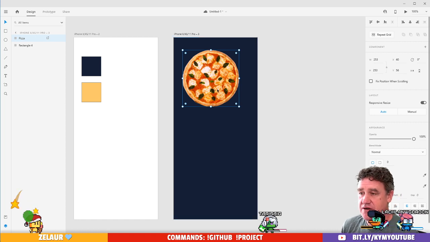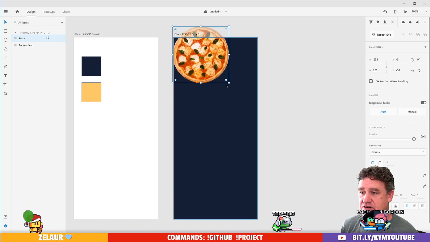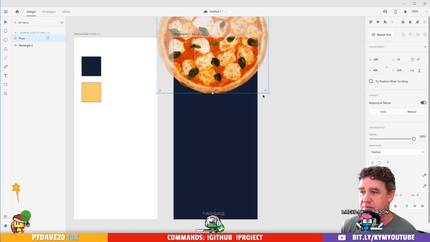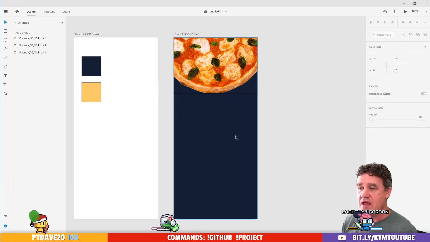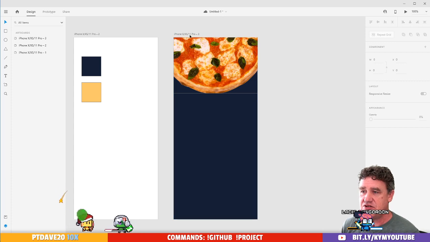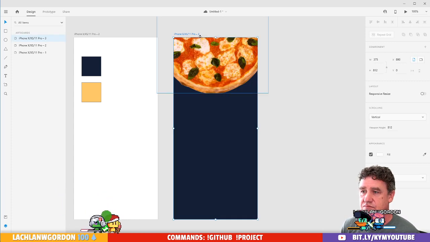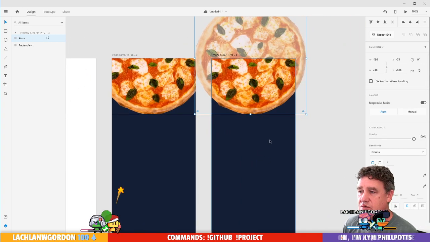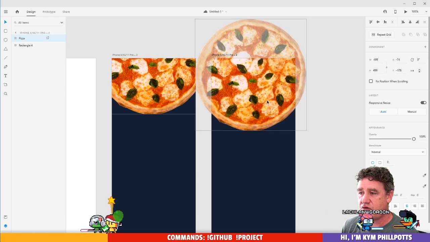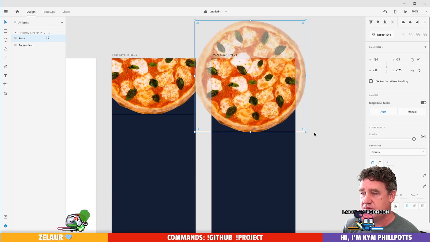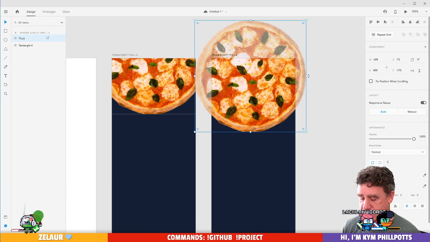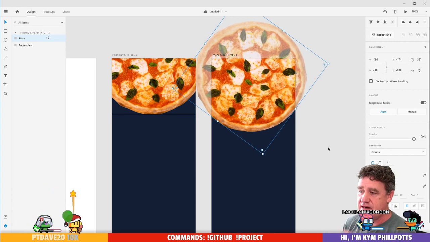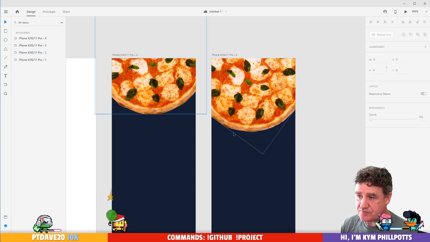So here's something you could do, right? You could actually come here and create this the way it looks. It starts off with this pizza sitting, I don't know, about there. And then I could say, okay, well, let's duplicate this. What I want it to do is grow a little bit and rotate a little bit like this, right? And then the next state for this pizza is when it's a